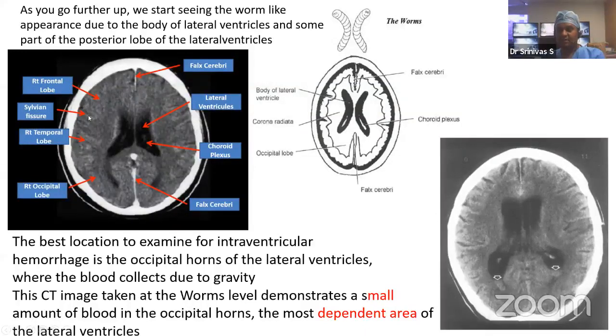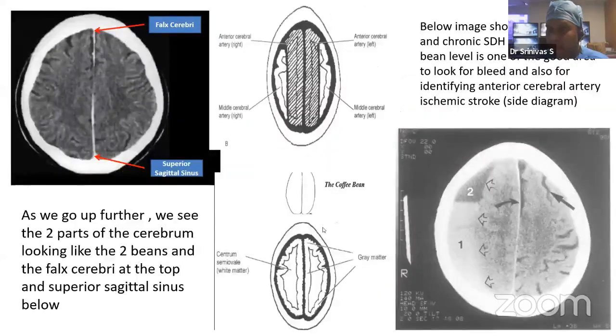This is the sylvian fissure. This is the best place to identify any bleeds in the intraventricular system. Here you can see that there are bleeds in the intraventricular system, and because of gravity the bleed has come to this place. So this is one of the best places to see whether the ventricles are having any bleeding in them. As we move up a little further, we see